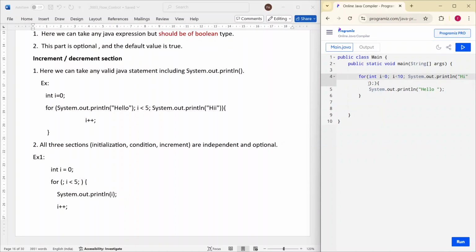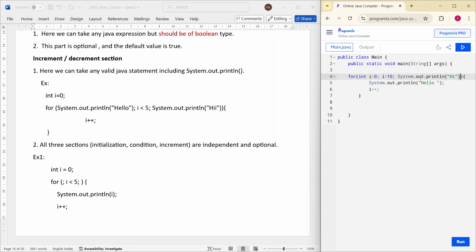Here in the increment I have kept hi, and the i value is incremented in the body. So the i value is incremented here. The i value is initialized here. So at the updation part, I have taken System.out.println,